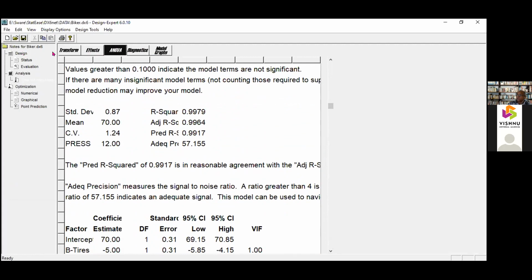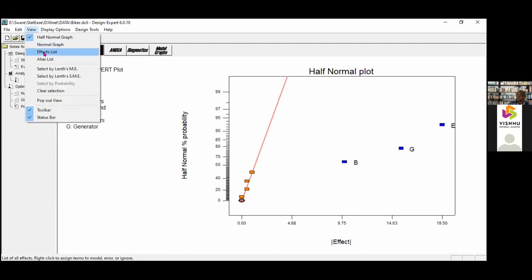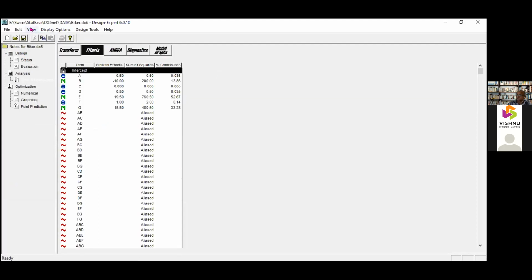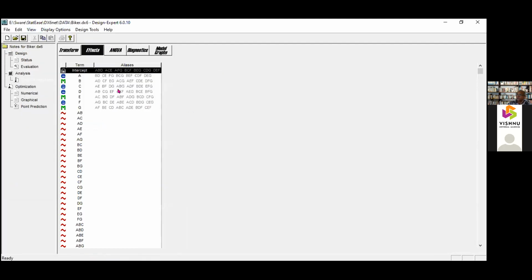Okay, so you have to see the alias structure. FX, alias list. Okay. So now the problem is, because we have done only 1/16th of a factorial design, it's a highly fractional design.